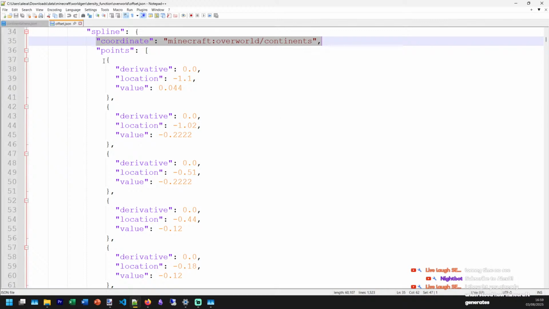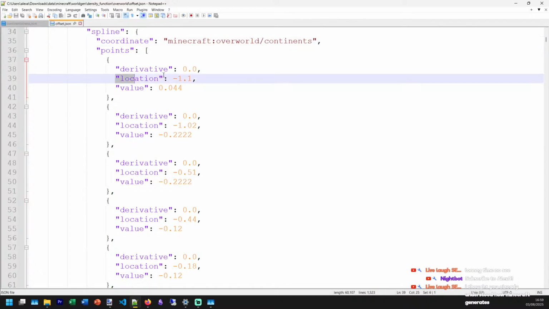Is we have our location, we have a value at that location.